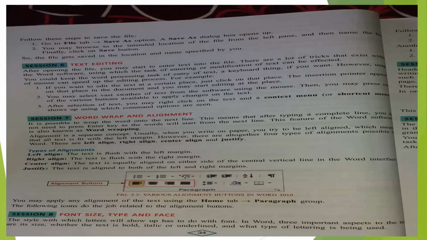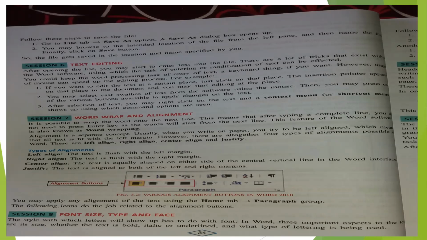In the same way, we have alignment options to align the text. Supposedly you are writing a letter, then everything will be left aligned. And suppose you are writing an essay, so you can write the topic of your essay in the center, and then you can start writing your essay from the left hand side. This is known as alignment, and four alignment options are available in your Home tab: left, right, center, and justified. You can try all these and feel the changes it is going to apply, and we have mostly tried this also.